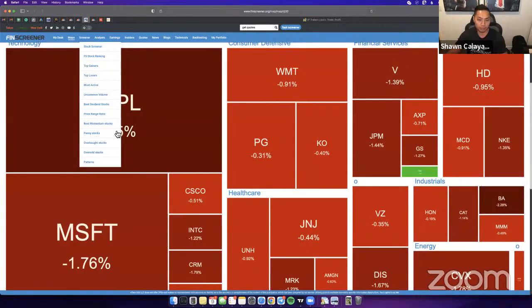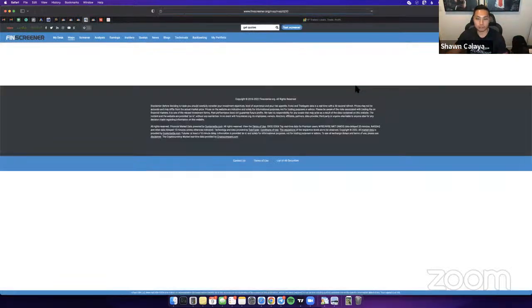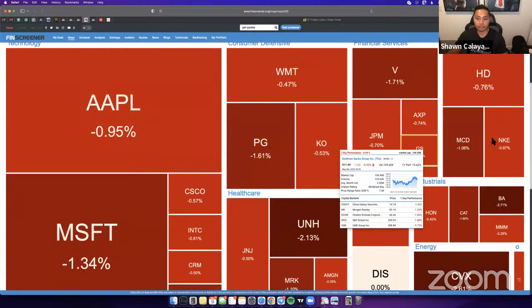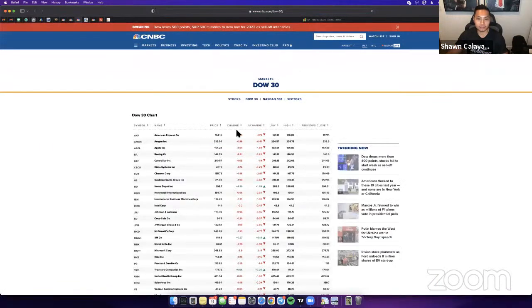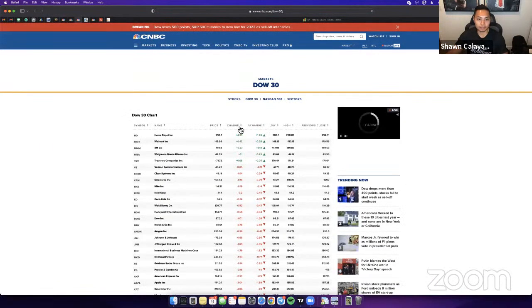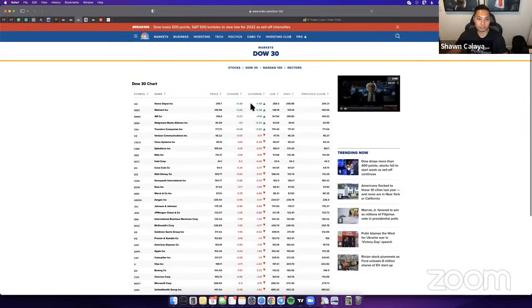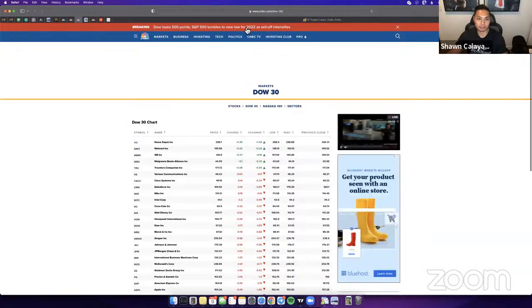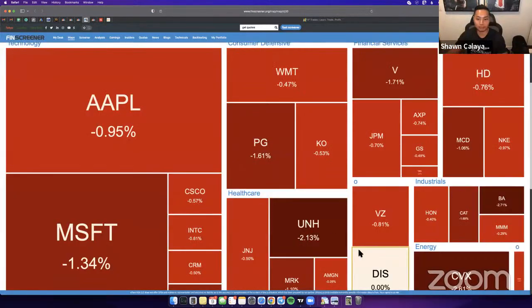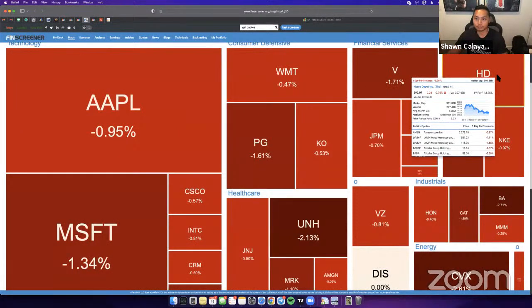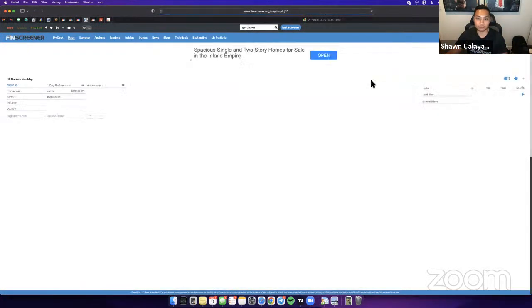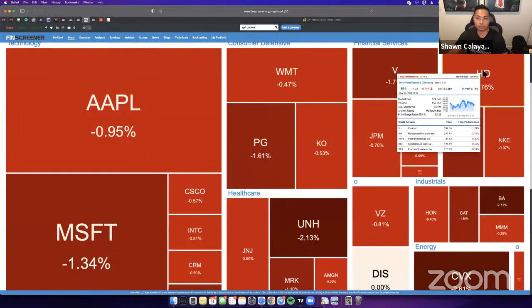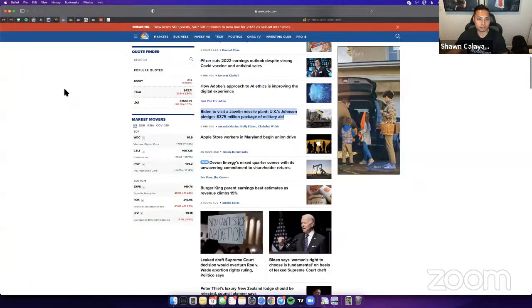Looking over here at the heat map, refresh this real quick. Everything here is red. Literally everything is red. There's not one green stock in the index. So you definitely want to be careful. There's a couple of green stocks here. Home Depot is like the only stock that's green, but it's going to turn red soon. Where's Home Depot at? It was red, and now it just randomly turned green. I'm not sure if there is news regarding Home Depot, but let me just check CNBC real quick.